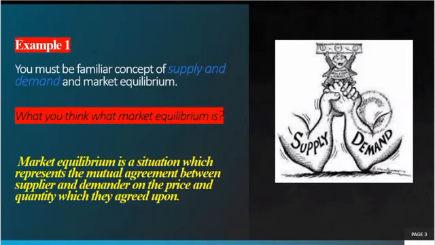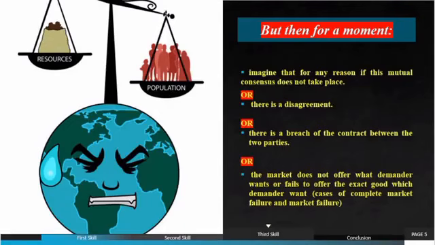Example 1. You must be familiar with the concept of supply and demand and market equilibrium. What do you think market equilibrium is? Market equilibrium is a situation which represents the mutual agreement between supplier and demander on the price and quantity which they agreed upon. But then for a moment, imagine that for any reason this mutual consensus does not take